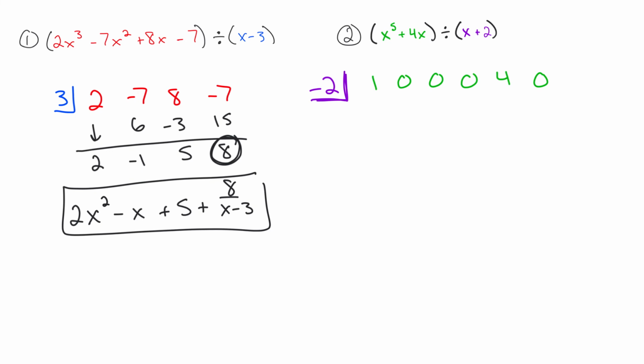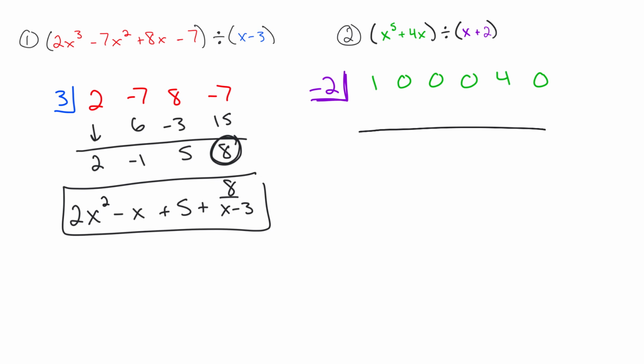So the way you can interpret that is, if this is to the 5th power, there should be 5 terms and 1 additional one. So whatever power this is, add 1 to it. That's how many numbers should be in the list. If it's to the 3rd power, there should be 1, 2, 3, 4 terms. Fifth power, there should be 1, 2, 3, 4, 5, 6 terms. It's really helpful when you're trying to find the number of placeholders. All right, now,